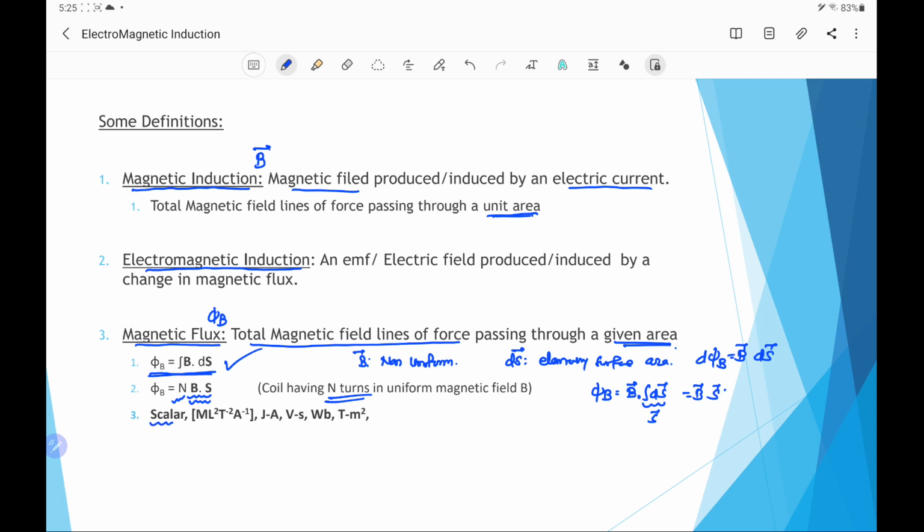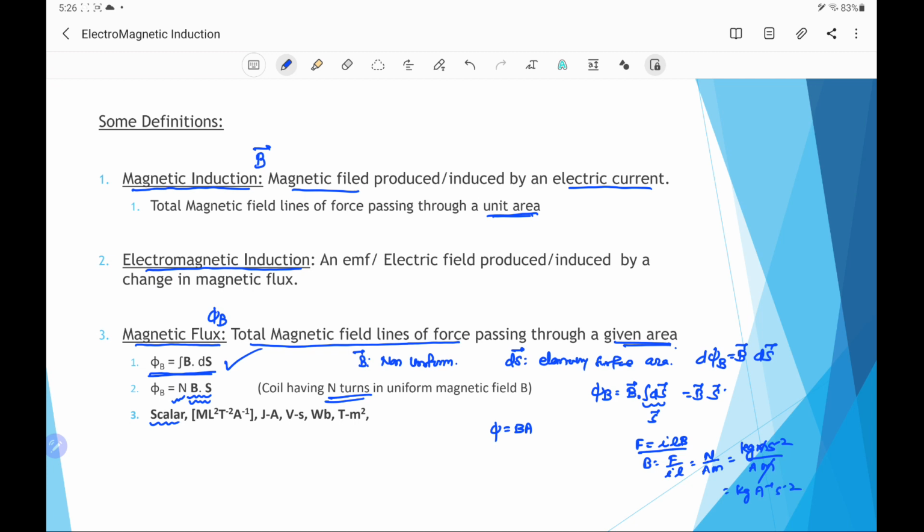As we have already said, magnetic flux is a scalar quantity. If we have to find the unit or the dimensional formula, phi equals BA, and for B, by using the definition F equals ILB, this is the magnetic force acting on a conductor carrying the current I, having the length L and placed in the magnetic field B. So B will be F by IL, that is equal to newton per ampere meter, and newton we know is kilogram meter per second square, divided by ampere meter. Meter and meter get cancelled, so it is kilogram per ampere per second square.